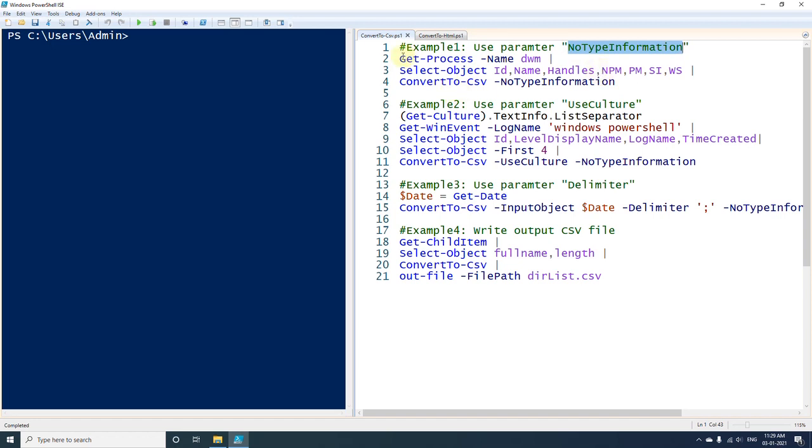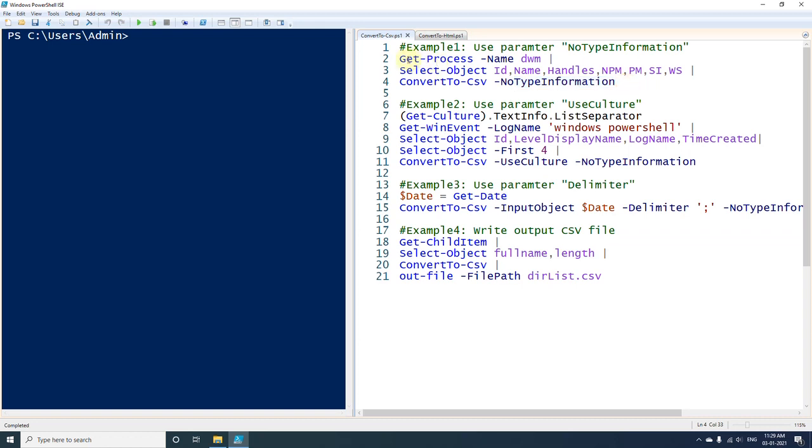So here first of all I am getting the process called DWM using the Get-Process cmdlet, and after that I am selecting some properties called ID, name, handles, NPM, PM, SI, WS, and at last I have used the cmdlet ConvertTo-CSV. So whatever output we get using these cmdlets will be converted to CSV format. I have used the parameter NoTypeInformation, so it will avoid any type information header in